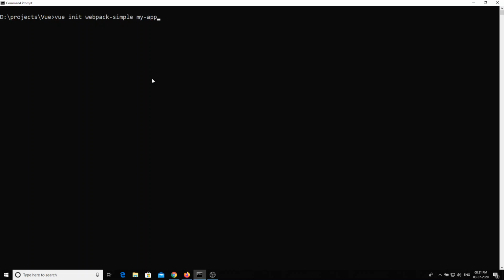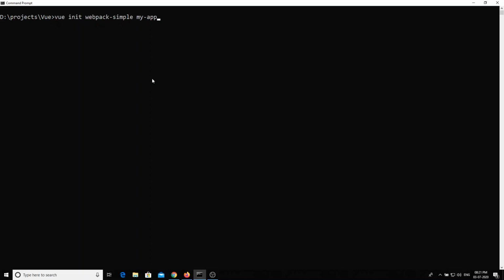In the coming videos we will see how we can create our own Webpack file from scratch, and how we can set up Webpack in order to work with Vue. For the time being, the Webpack file and all the configuration will be created automatically using the webpack-simple command.